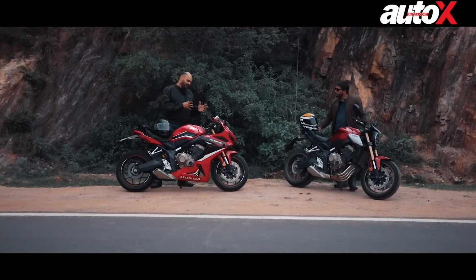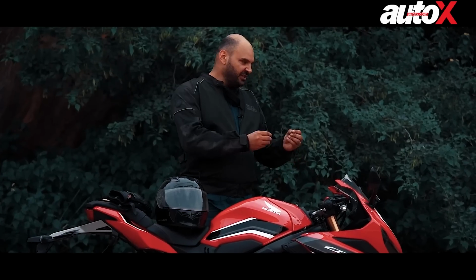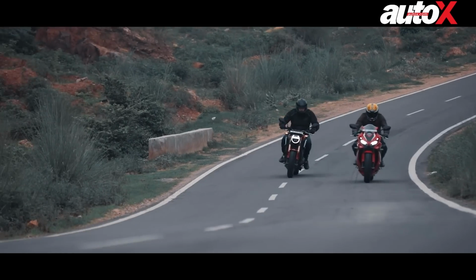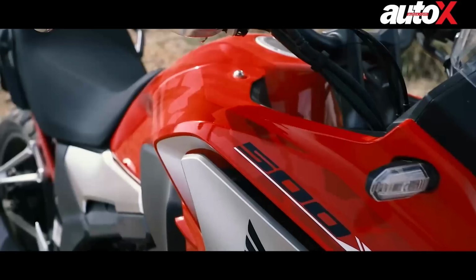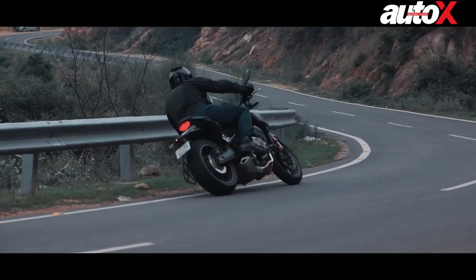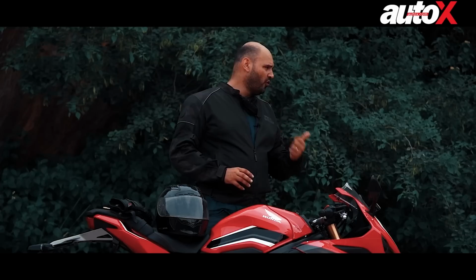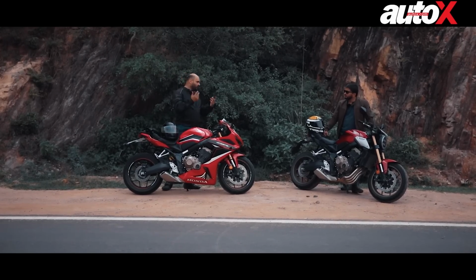Absolutely, I have to agree with you on that as well, and I'm sure everyone else does as well. So, I really do see a person who is a very big Honda fan probably going for these machines. Otherwise, anyone in their right mind would definitely go for something a little bit on the higher extreme end, or even on a lower extreme end. You could go for the Honda CB500X, which is also a fantastic engine and a near perfect motorcycle. These two bikes are great, but they're nowhere near perfect whatsoever. The Z900 offers you so much more power, performance, even looks. And then of course, if you want to go a little higher by 2 lakh rupees, you could obviously go for the BMW F1000R,